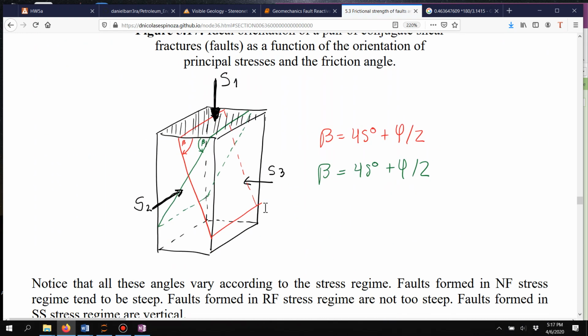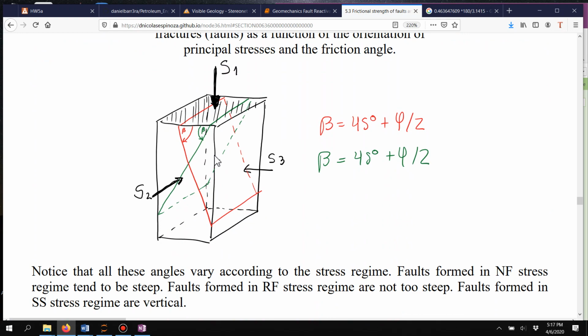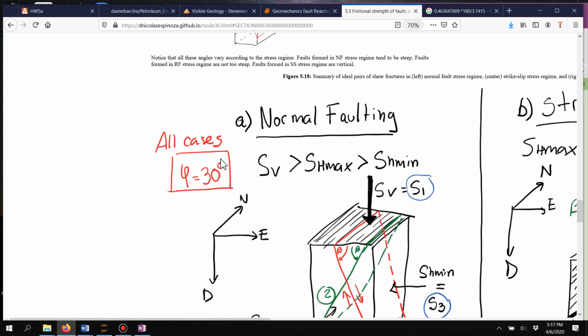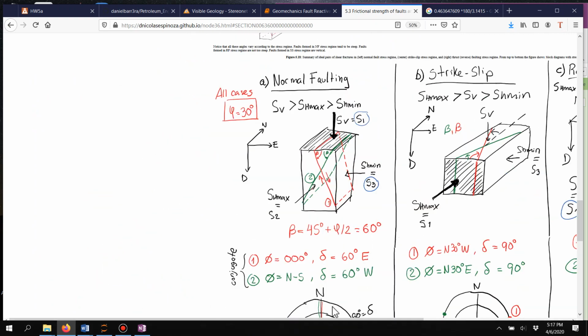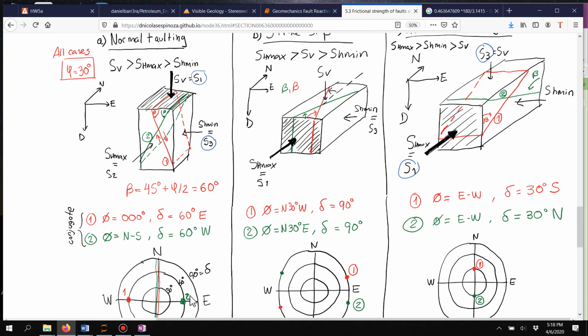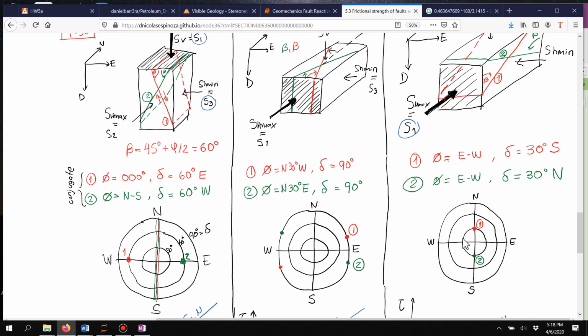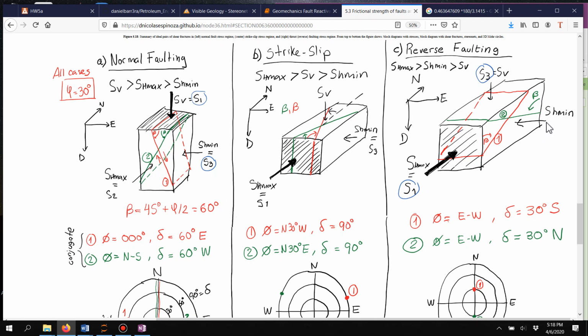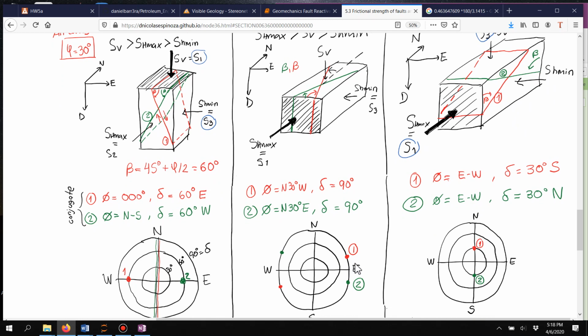The basic drawing that you need is this. And then you need to apply this to the three different stress regimes, either normal, strike slip, or reverse. And that's going to give you the solution about in which stress regime you are. Notice that in all these examples in this figure, I have assumed that the minimum principal stress goes in east-west direction. And that's the result for what you see over here. But if the horizontal stress, in this case the minimum stress, is not in east-west direction, but is in any other direction, the location of these poles is going to change. So that's what you have to notice, and that's what you have to tell me